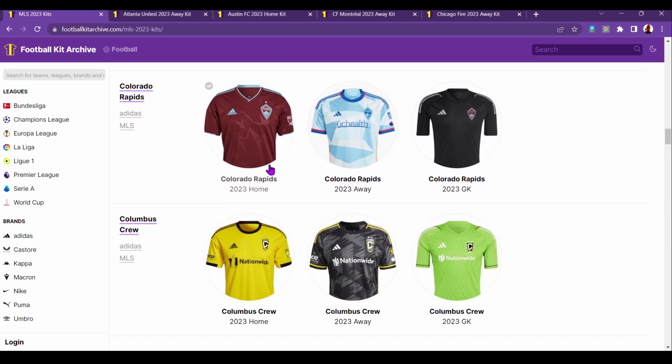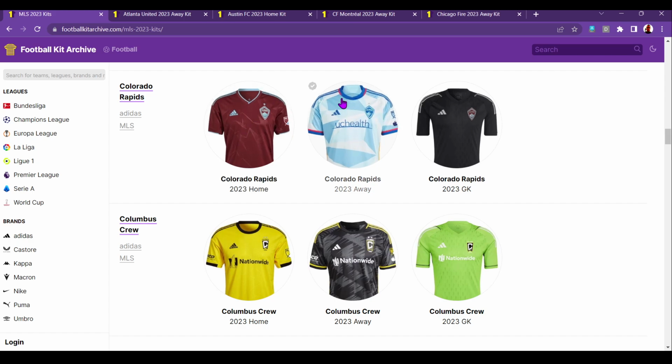Colorado Rapids, I'm going to have to fly through these because there's like 4 million clubs in this division. Colorado Rapids, I do not like that colour. I don't like West Ham and Aston Villa's claret and red. It's just not something I go for. The away kit's really nice though. That, again, is kind of 80s retro, but in a modern way. And they've done the different